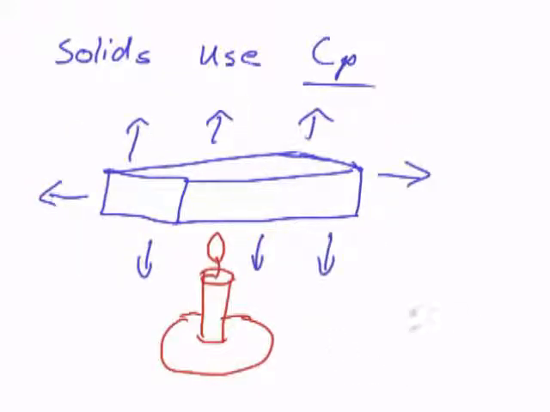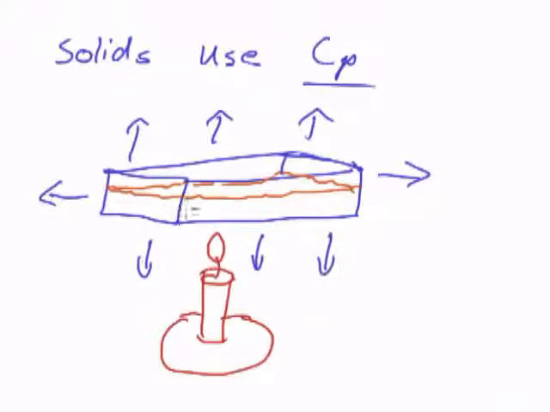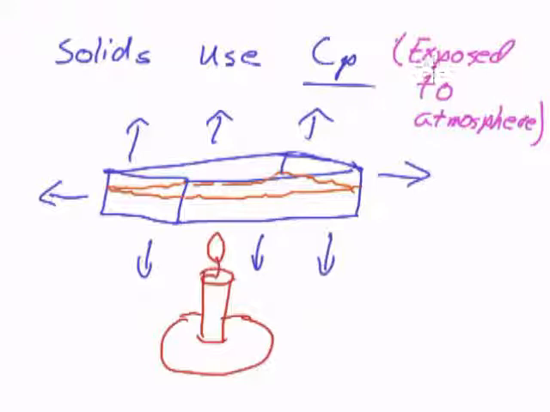You could also point out that the volume of the material is not going to change a whole lot. But let's make this a tub full of some kind of liquid that expands a whole lot when it is heated. It would still be C sub P because if it's exposed to the atmosphere, then basically